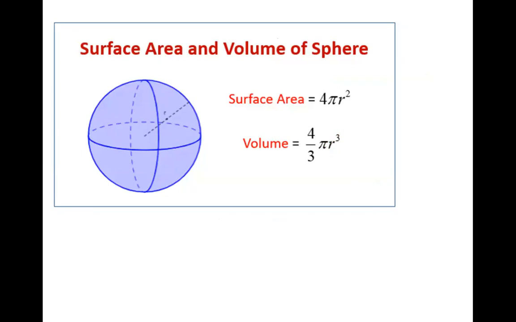Sphere is a round shape. It has just a surface area, not a total surface area, because the surface area is covering all parts of the sphere. It is only surface area here and not total surface area, because we do not have to open and close it. If you cut your sphere, it's converted to a hemisphere.